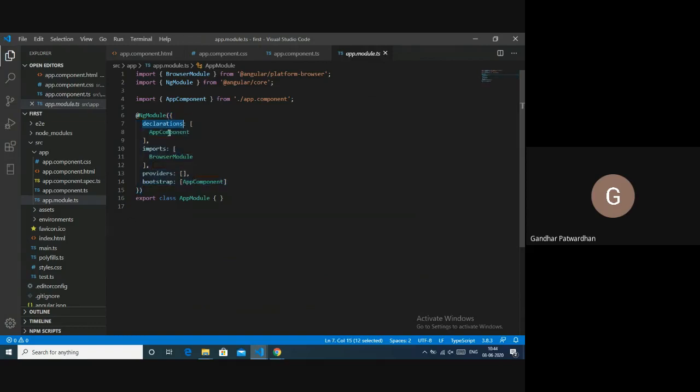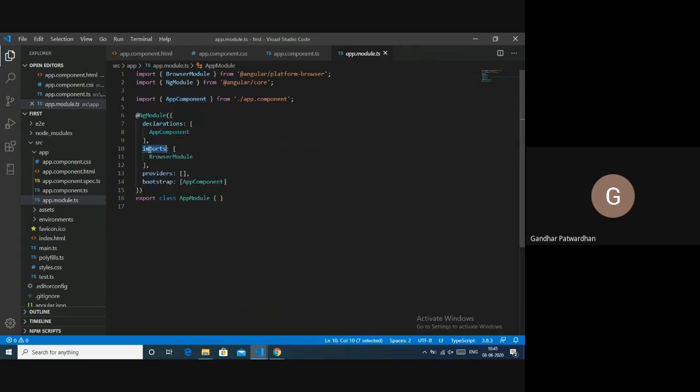The first key is declarations, whose value is an array. Inside that array, I am specifying the name of my component. Currently, our component is the app component, which we are specifying here.